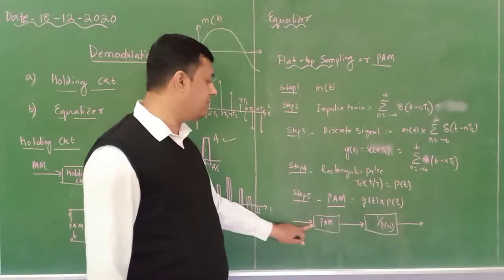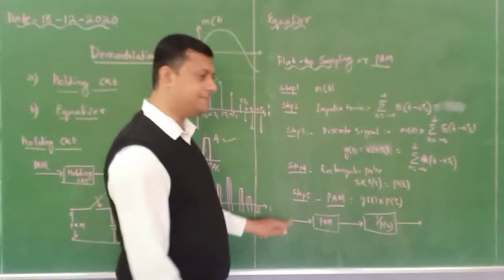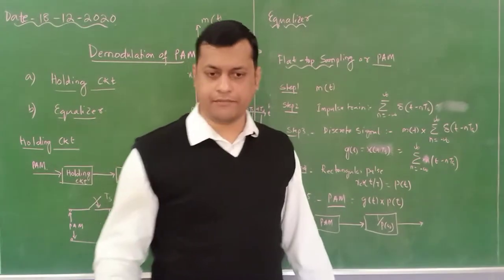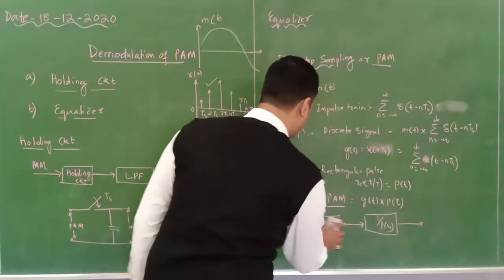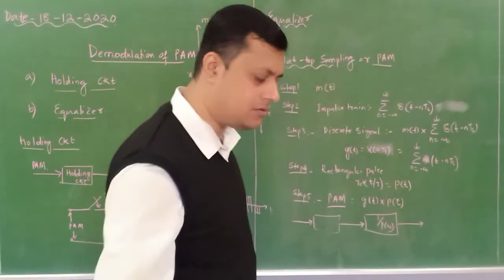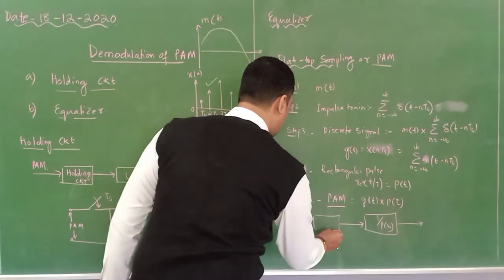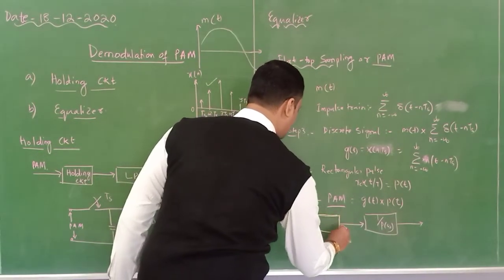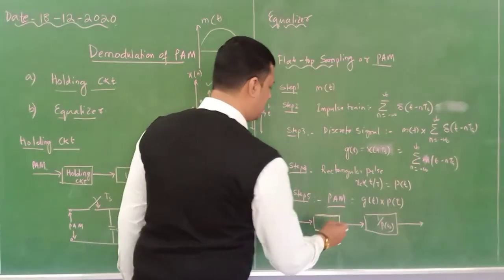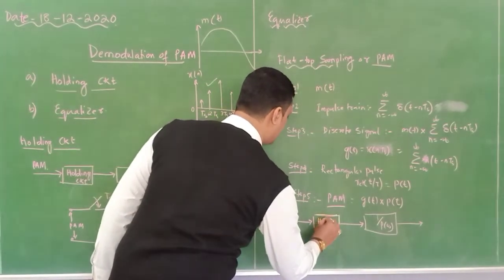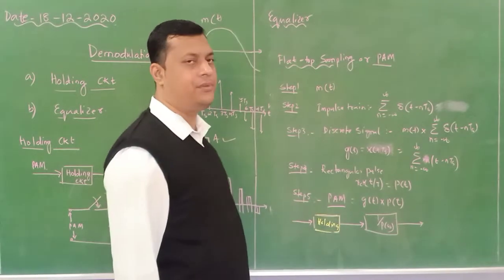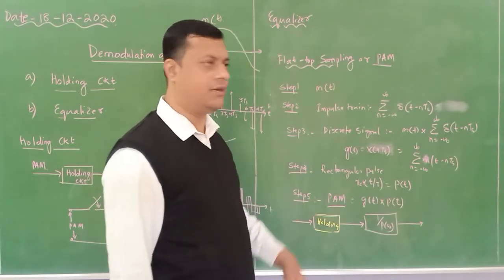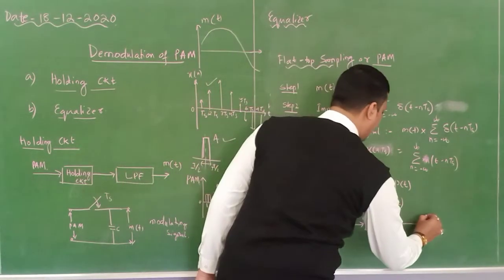Okay. So this is the PAM signal. When I am receiving, I will not write it as PAM. I will write holding followed by 1 by P of omega. It will remove that one and you will get